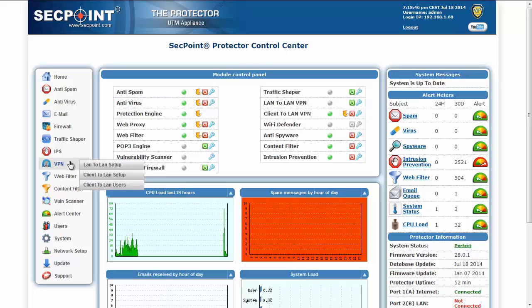Users can be authenticated with the local database which resides on the protector. Otherwise, if your LAN is served by a Windows domain controller, you may use the Active Directory database to authenticate. The connection between the protector and the Active Directory database is made online as soon as a client tries to